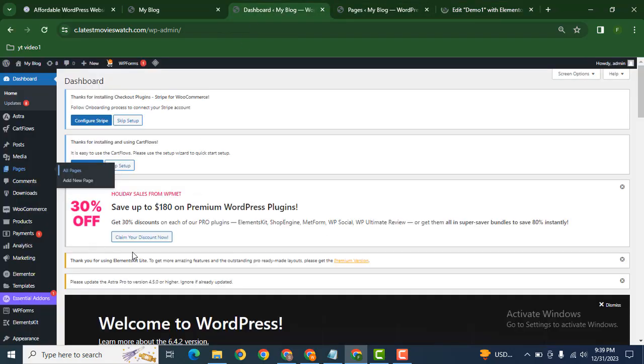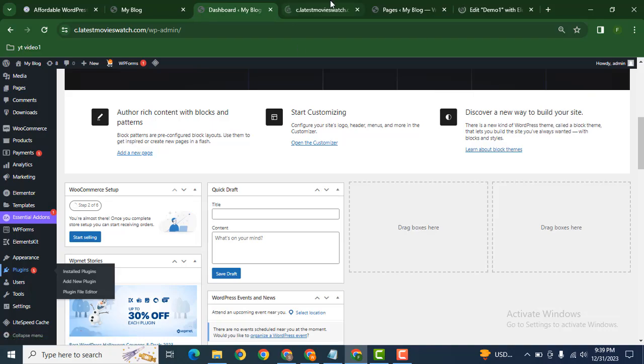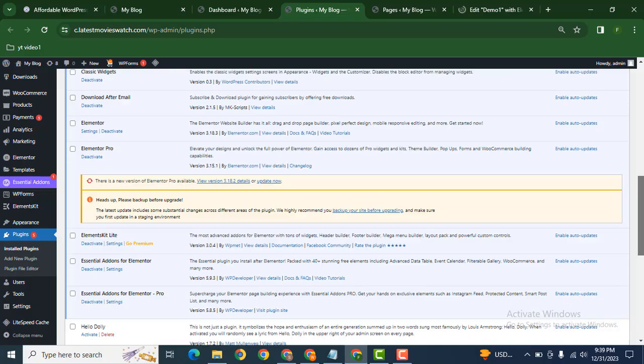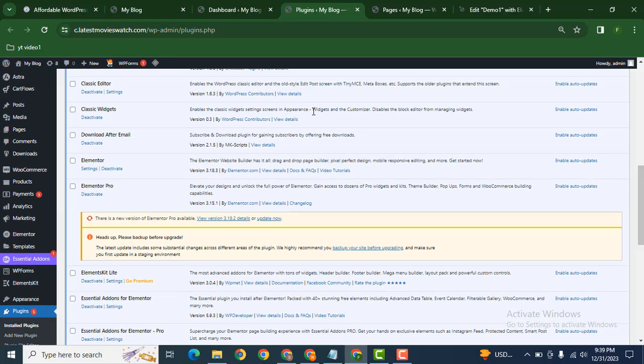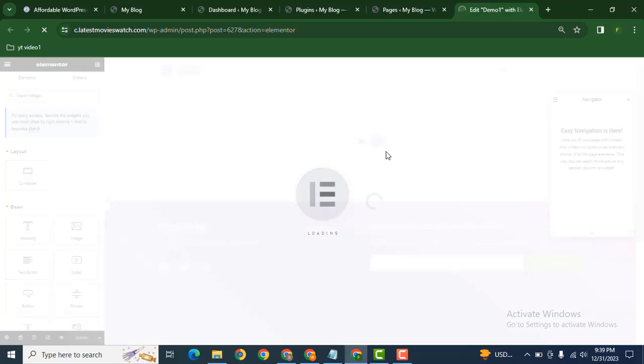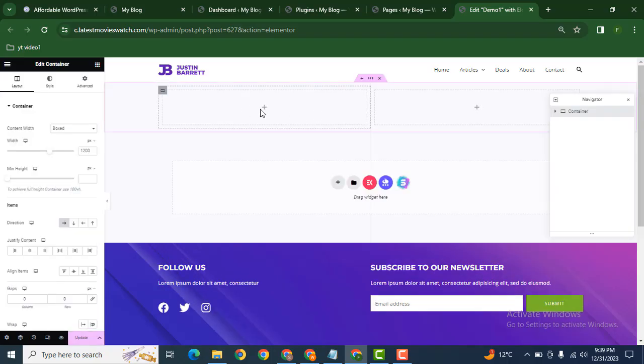and make sure that you have installed some plugins. One of the most useful plugin is Elementor plugin, and here you can see. After that you can also install this plugin, essential add-ons for Elementor. Now we can add two columns in one row, and after that